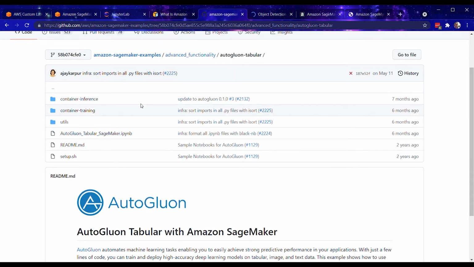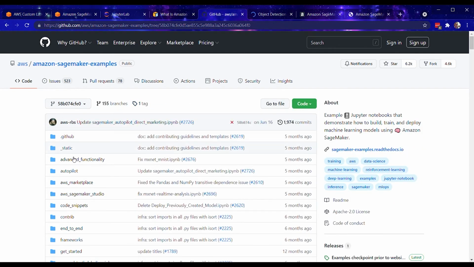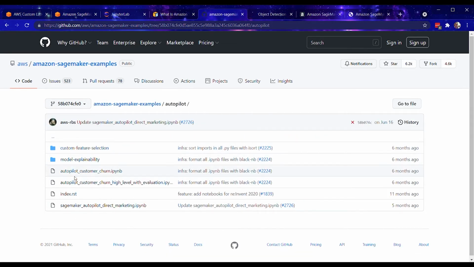This is a good resource in general, though, for SageMaker example notebooks. So I'm actually going to be running some notebooks out of the Autopilot folder here in a second. There are a few examples that you could leverage if you want to try some other example notebooks with Autopilot later on your own, or if you wanted to recreate the demo that I'm about to show you, that code is available here under SageMaker Autopilot Direct Marketing. So all this is baked into the example notebook repository, and you have lots of good code here for Autopilot.